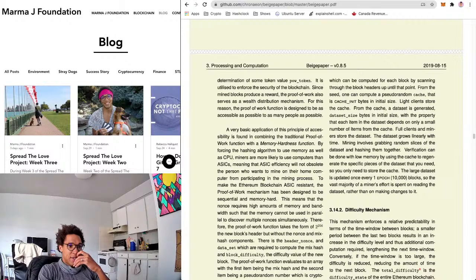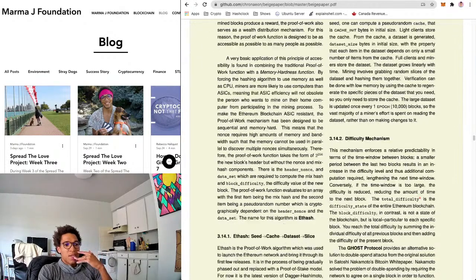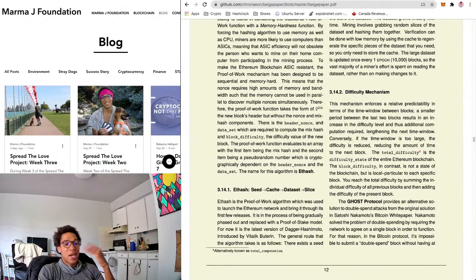Yeah. Mining involves grabbing random slices of the data, mashing them together, verifying that. The large data set is updated every one epoch, 10,000 blocks. So the vast majority of a miner's effort is spent on reading the data set rather than making changes to it. The difficulty mechanism. Okay, now we're getting into